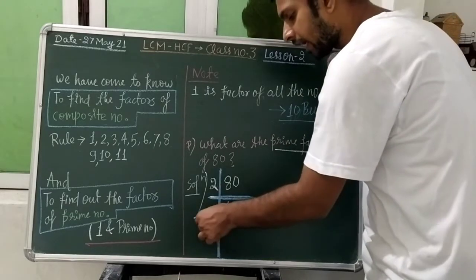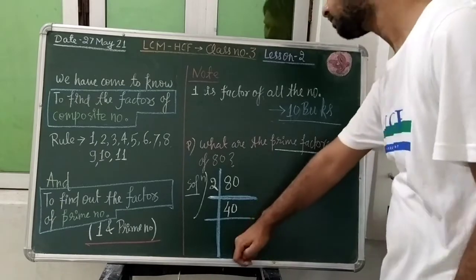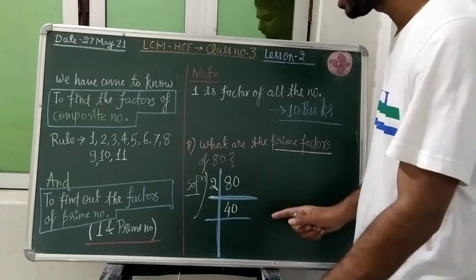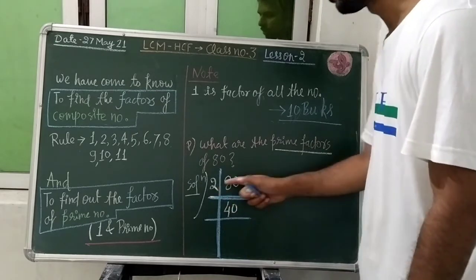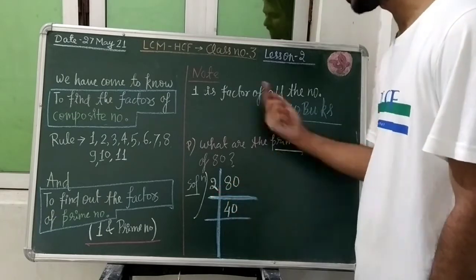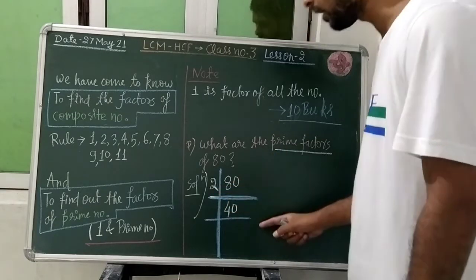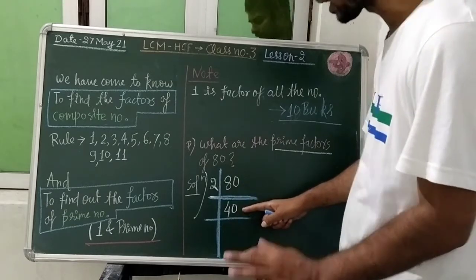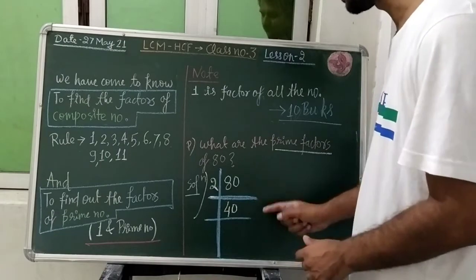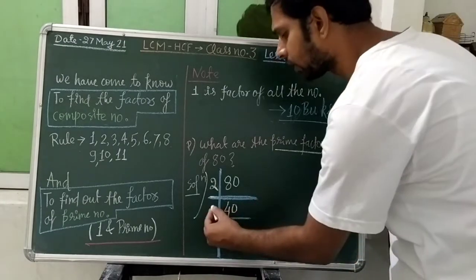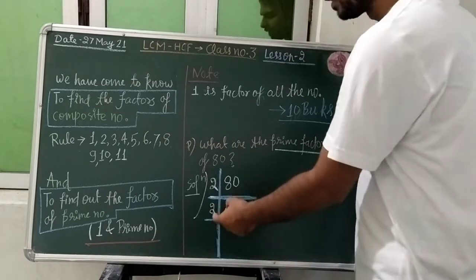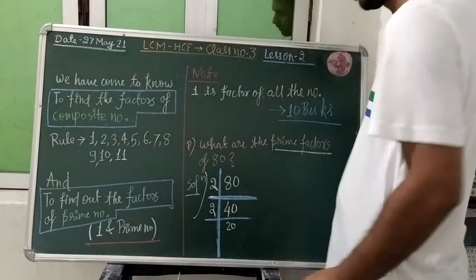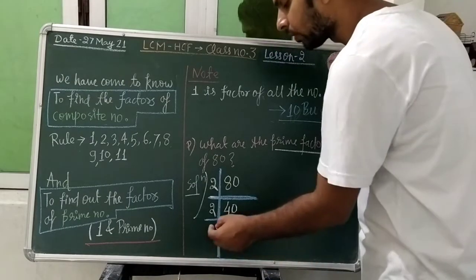So again we will draw a horizontal line. You have seen that 2 is dividing that 80, so we'll select 2 here. And how many times is it going? 40 times. Again the number is coming 40. Look students, again we shall start from 2 and we'll look whether 2 is dividing the 40. Of course 2 will divide the 40. How many times will it go? It will go 20 times. So we are getting 20 here.